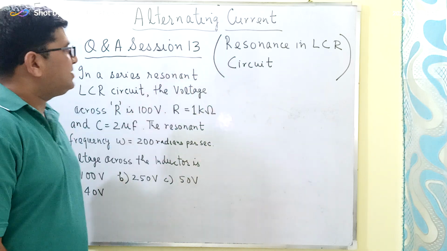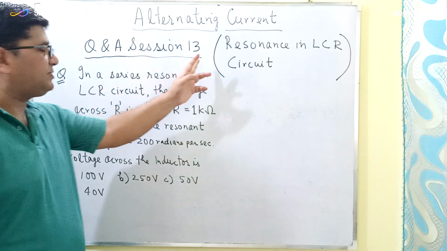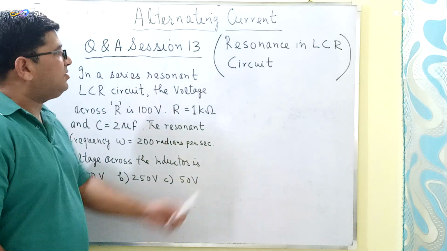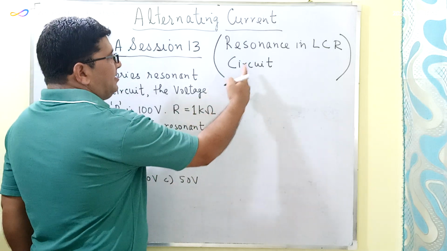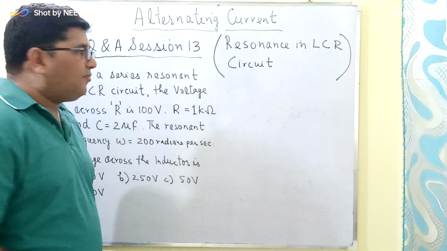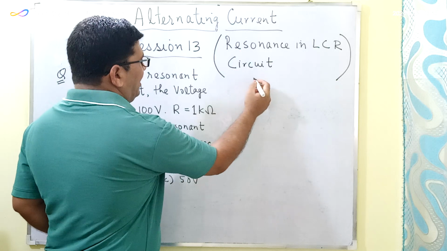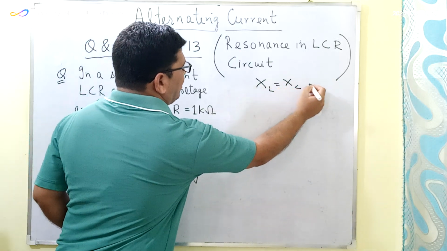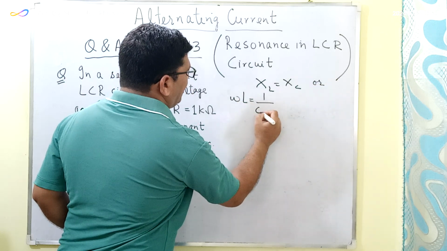The topic is resonance in the LCR circuit, and this session is a continuation of session number 12, in which we studied the condition of resonance in the LCR circuit. We learned that an LCR circuit is in resonance when the current in the circuit is maximum and the impedance is minimum, and impedance is minimum when XL is equal to XC, or omega L is equal to 1 upon C omega, because